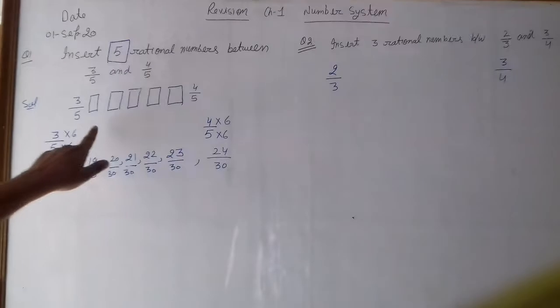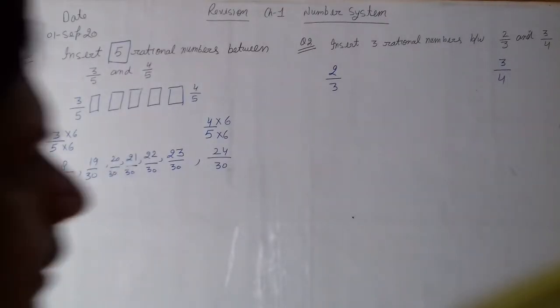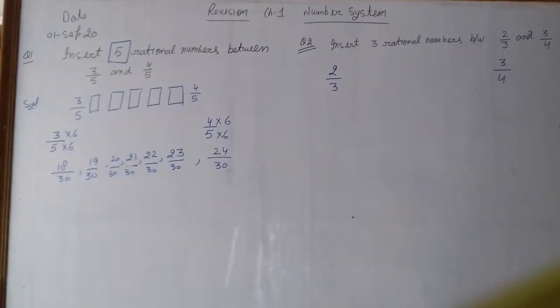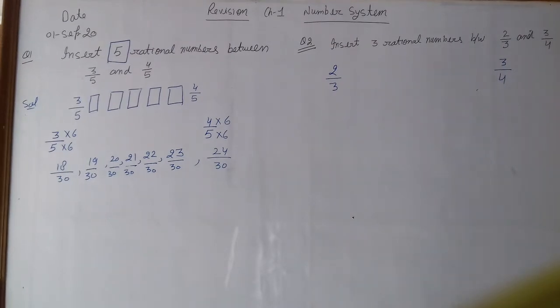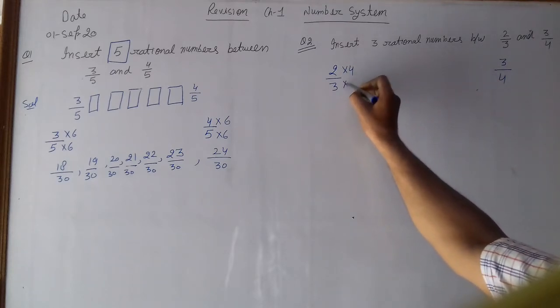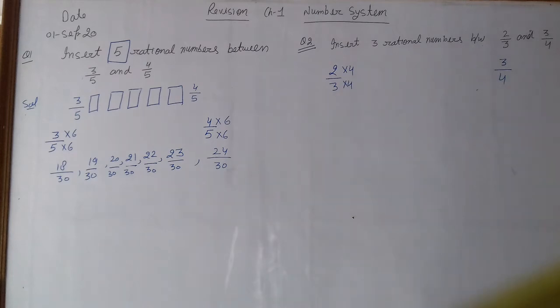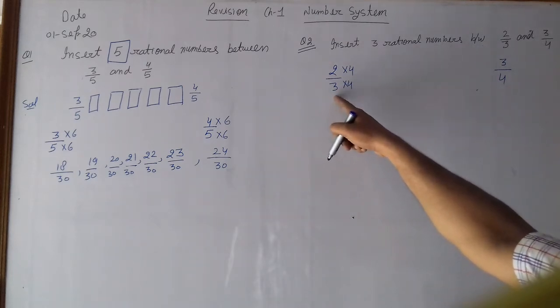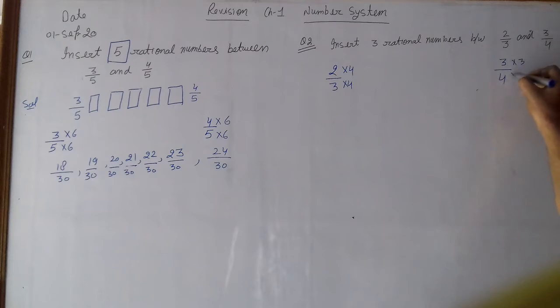As I told you, in this question our first work is to equalize the denominators. जो हमारा डिनोमिनेटर डिफरेंट है दोनों ही नंबर्स में, पहले हमें उसको इक्वल करना होगा. See how? Just cross multiply the denominators. As you are seeing, 4 is the denominator here, so we have to multiply by 4 on this side, 4 into 4, right? And you are seeing the 3 here, so multiply by 3 on this side, 3 into 3, right students?